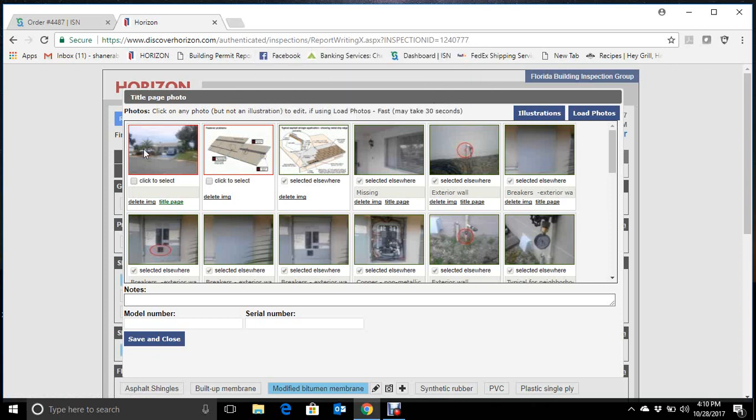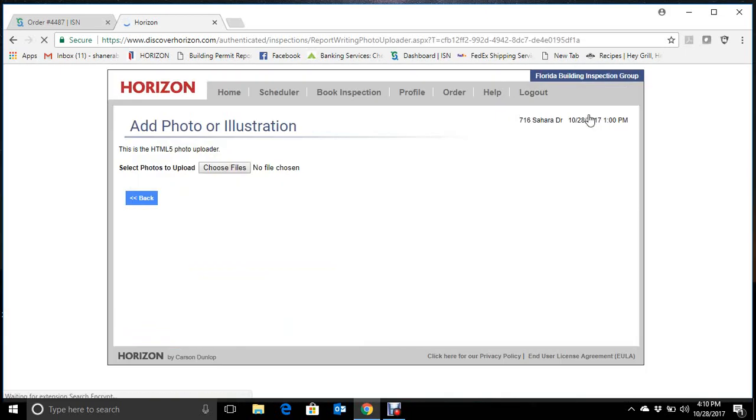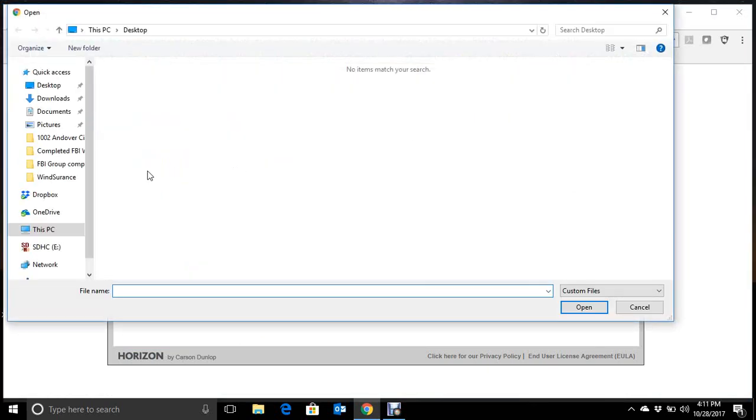Okay. So now, as I was saying previously, there are some pictures that I took with my camera that are not in this report. So we're going to have to load those photos to match the entries into the report. So you come up to the right hand corner where it says load photos. You're going to click that. You're going to come over and choose files, and that will pull up your document page. We're going to go over here to pictures,